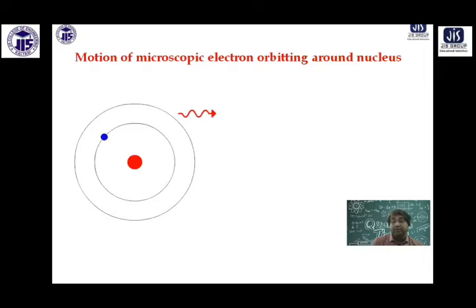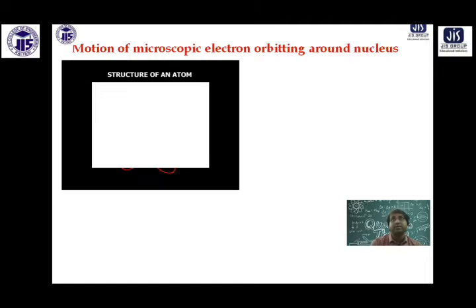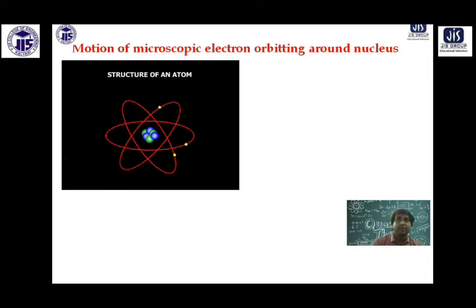Your problem is that you cannot see the electron. If any large object is moving, you can see it. You have got your classical physics to help you describe the rotation. But here the basic and fundamental problem is that matter is too small an object to see. So that's why you take a chance to find the electron. Chances will vary from point to point, as I have presented in this picture. As the electron is moving, at a given point the chance of finding the electron is varying every time.